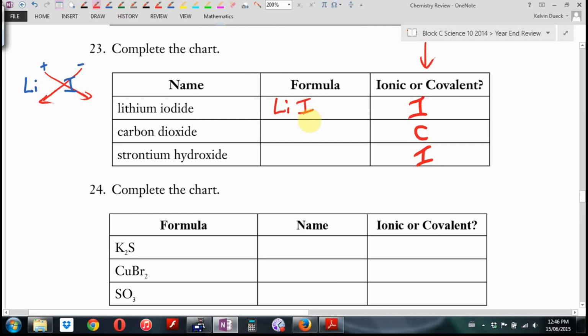Okay. Carbon dioxide, is there anybody that hasn't memorized the formula for carbon dioxide? How would I derive that if I'd forgotten? I would say to myself, carbon has a charge of 4. Mr. Dueck, it's blank. That's because carbon can be 4 positive or 4 negative. It's right in the middle, so you have to count either from the left or from the right. But you'll notice carbon on your periodic table, they didn't put an ion charge, did they? It's going to be 4 plus or minus. Oxygen has a charge of 2. When I crisscross, I get a 2 there and a 4 there, except it isn't just crisscross, it's crisscross and